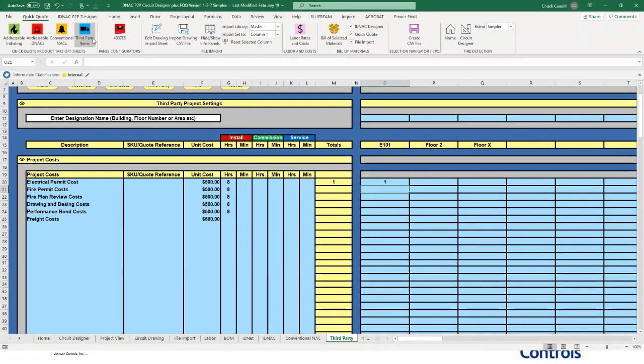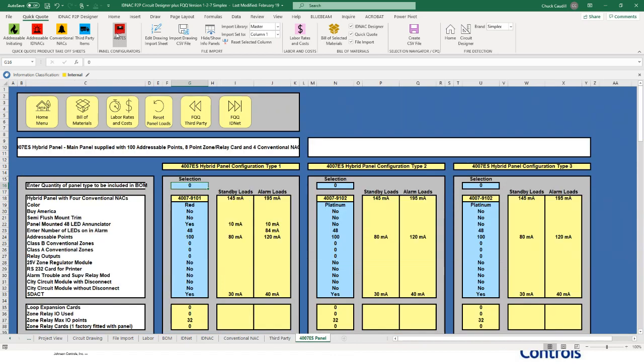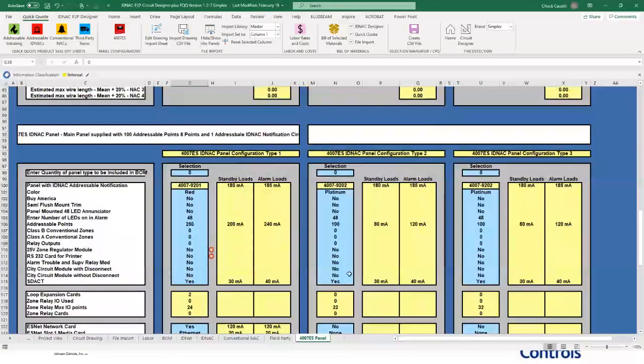Okay, next, you can build our control panels over in Selection Navigator. For example, if this is all the field devices, the ID Net, ID NAC, and conventional NAC devices, I could actually choose my 4007 in CellNav and then bring these in, but since we're here, we're going to give you the option to include your CellNav, your 4007 panel as well. We will eventually expand this to the 4010 as well, because those are off-the-shelf items and they don't need to be configured. So we have 3 of the hybrid versions, the conventional NACs at the top, and 3 versions of the ID NAC on the bottom.